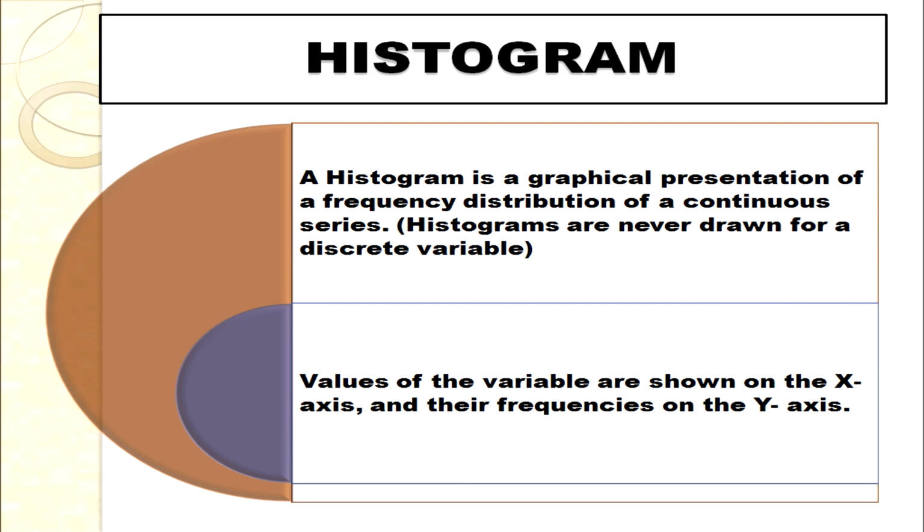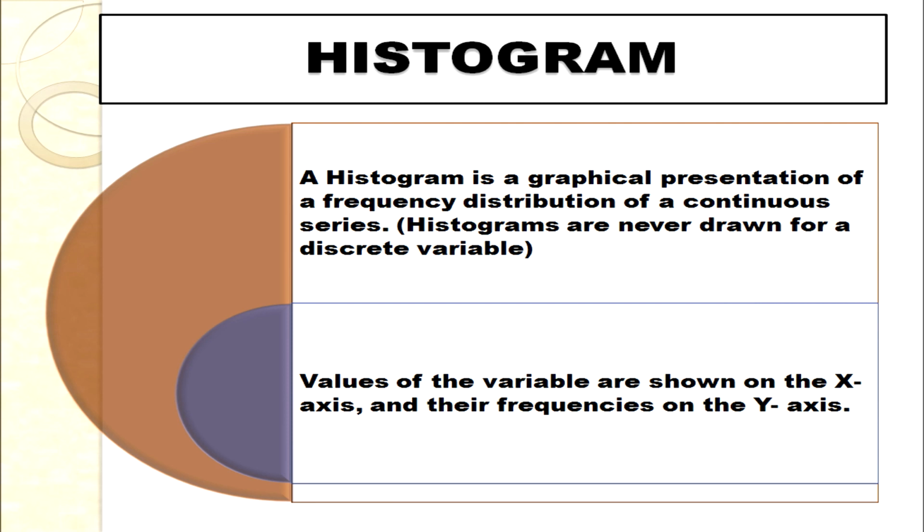Now, whenever we talk about a histogram, it can be drawn only for a frequency distribution, first thing. The second thing is that it must be for a continuous series. That means the series must be continuous. So, we are saying that histograms can never be drawn for frequency arrays. First thing we have learned is that for frequency arrays we cannot draw a histogram.